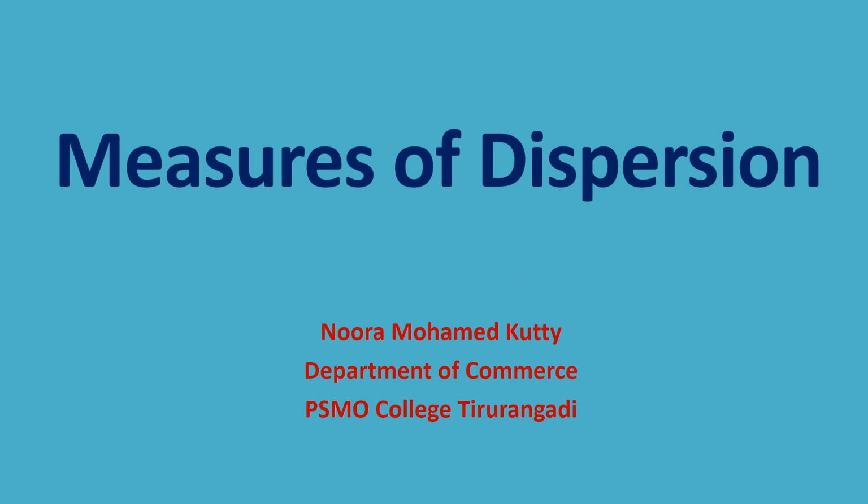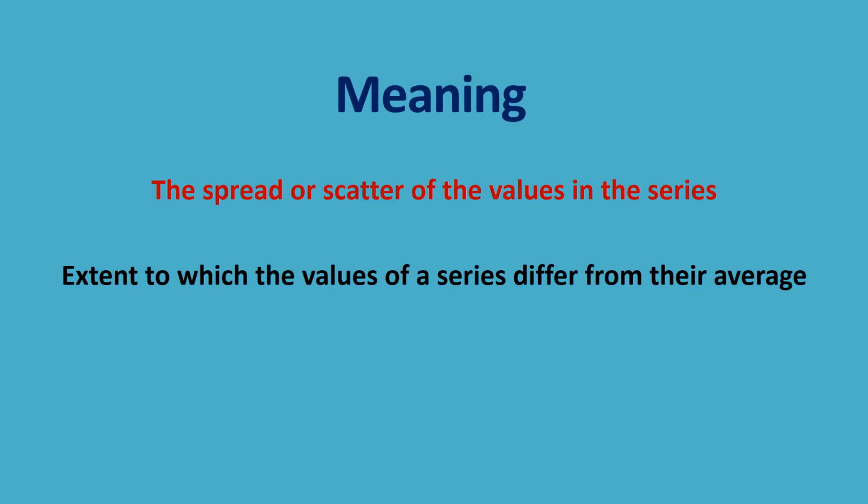In this video, we are going to discuss the different measures of dispersion. Dispersion indicates the measure of the extent to which the individual items differ. It indicates the lack of uniformity in the size of items. It is the measure of variability, or we can say it is a spread. Another name for dispersion is spread.